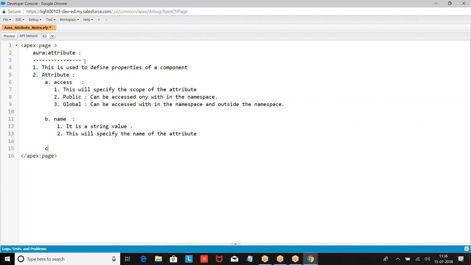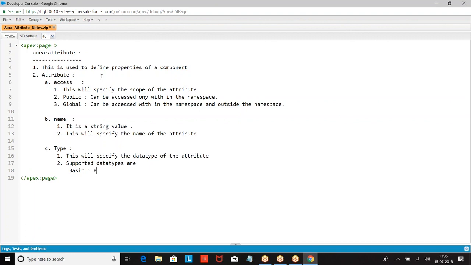We have type. What is the type? This will specify the data type of the attribute. Supported values are the basic ones.